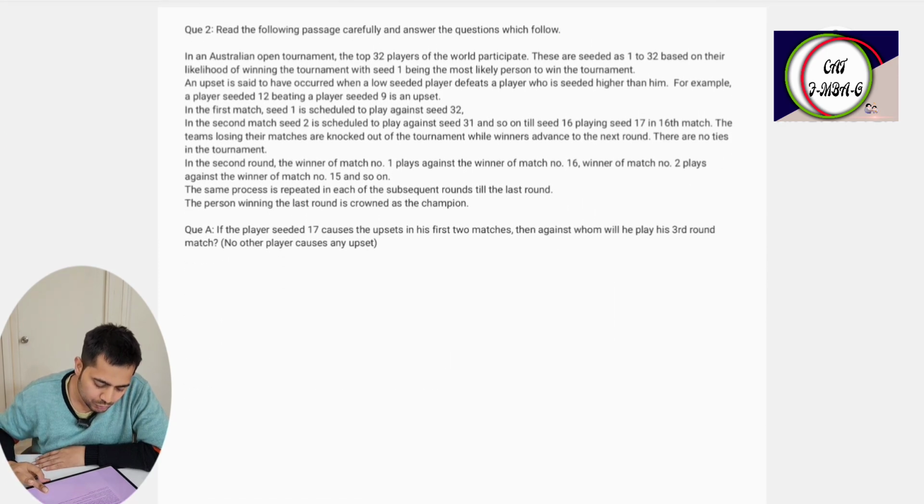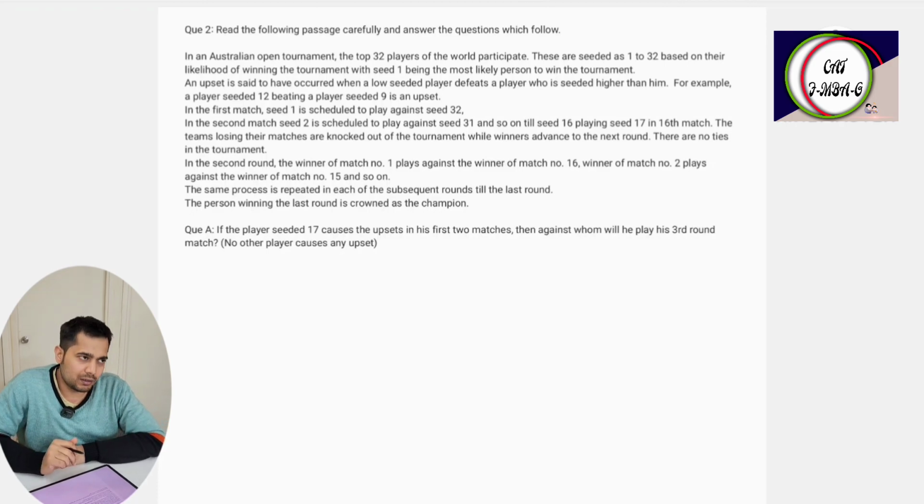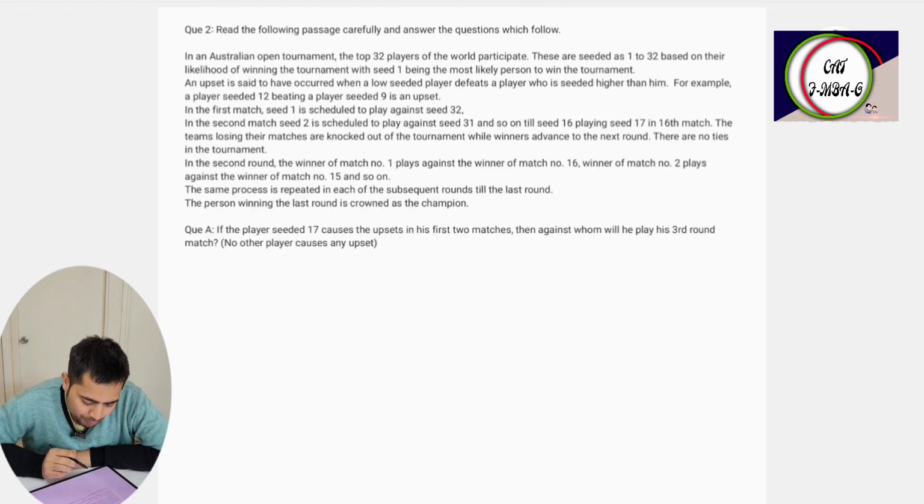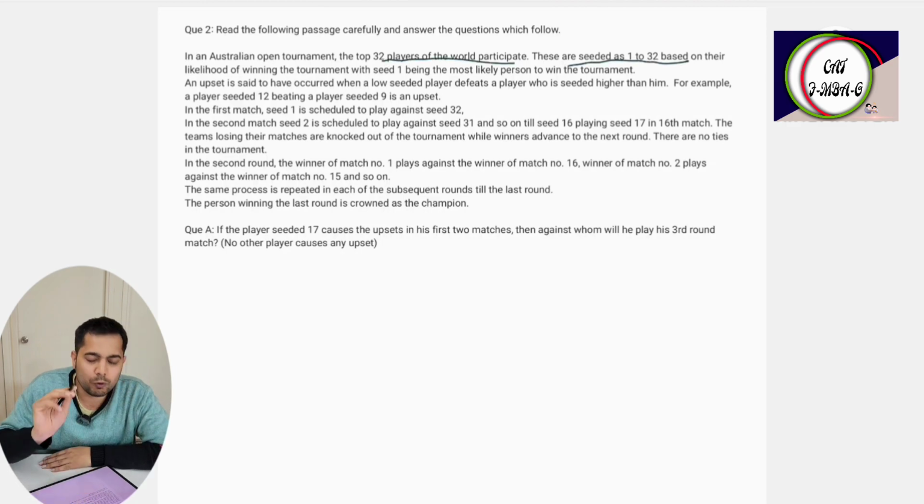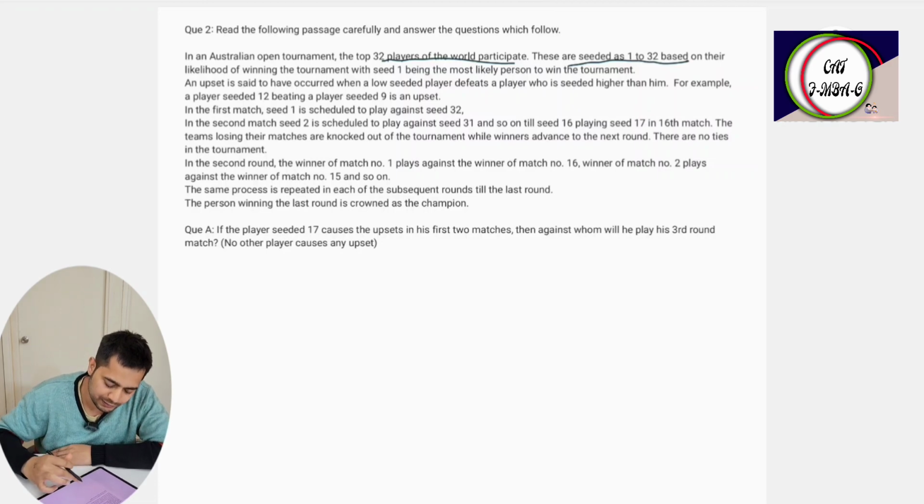Okay, so this is the proper set of knockout tournament. In an Australian Open tournament, the top 32 players of the world participate. These are seeded as 1 to 32. What is a seed in a knockout tournament? Let us say